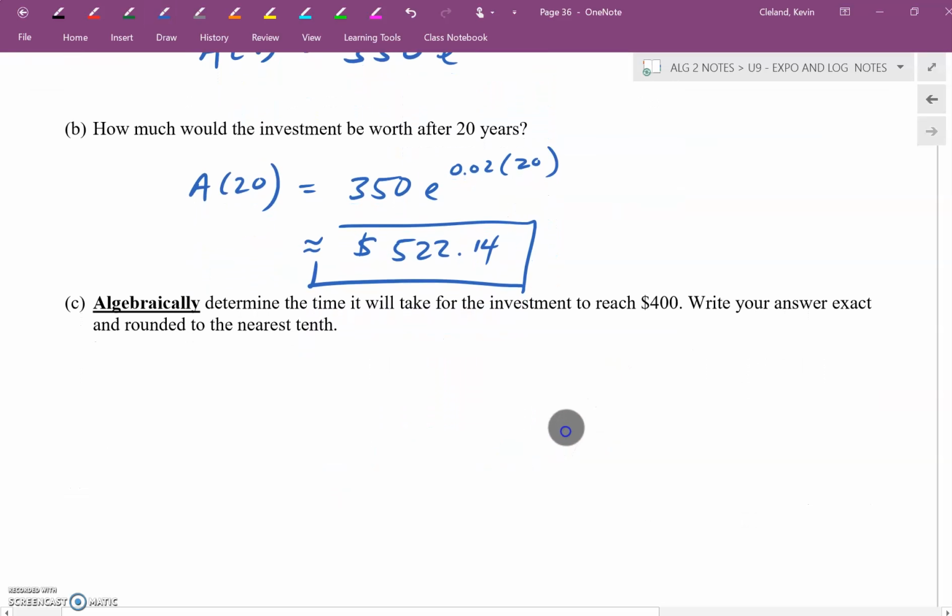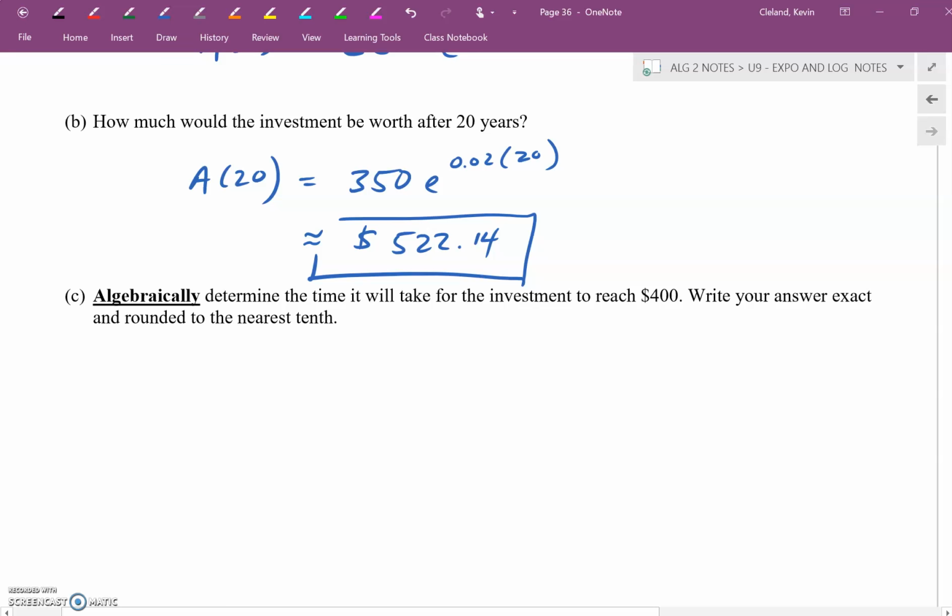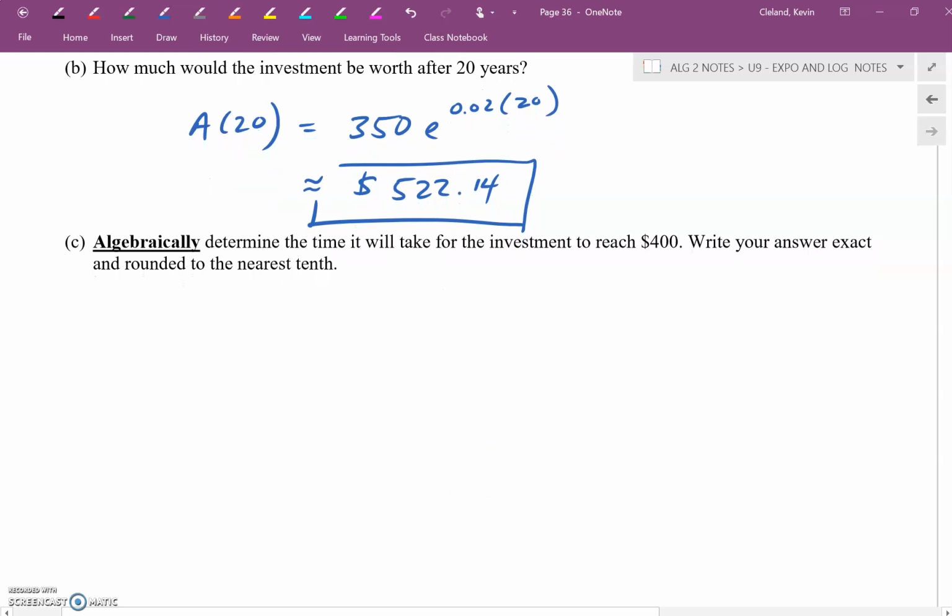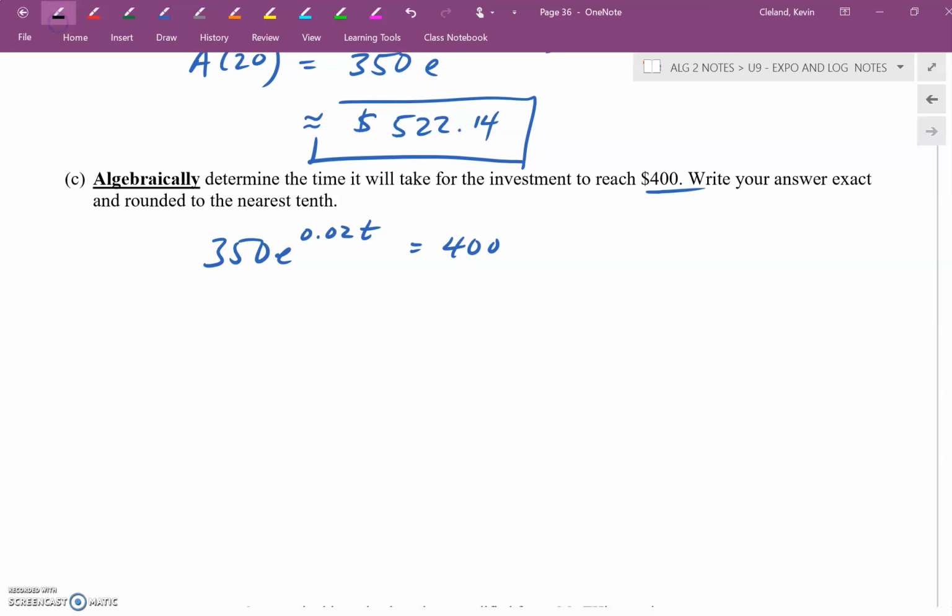And then lastly, now again, algebraically means we're going to have to use inverse operations. We could use a calculator to guess and check to make sure we're right, but we want to determine the time it would take the investment to reach 400 bucks. In other words, at what time will this formula get us 400 as an output? So again, guess and check would mean just try different values of t. Now we could guess less than 20 years because we're over 400 already at year 20, and we just play around with it till we get it. But algebraically, we're just going to isolate that exponential and then use logs, and in this case, the natural log, to invert the exponential part.